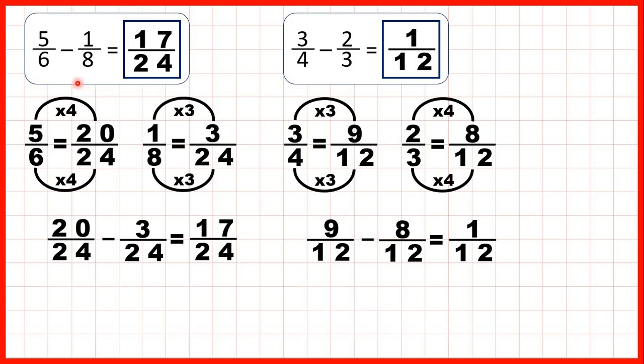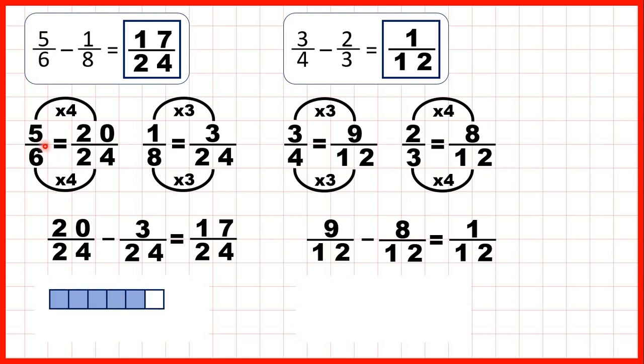Now let's show fraction bars to see what we did here. For this first question, we started with 5/6, but we saw that 5/6 is the same as 20 over 24. Now we were subtracting 1/8, but we saw that 1/8 was the same as 3 over 24. So if we subtract 3 of these pieces, we can see if we turn our fraction bar into eighths, that 3 over 24 is the same as 1/8,